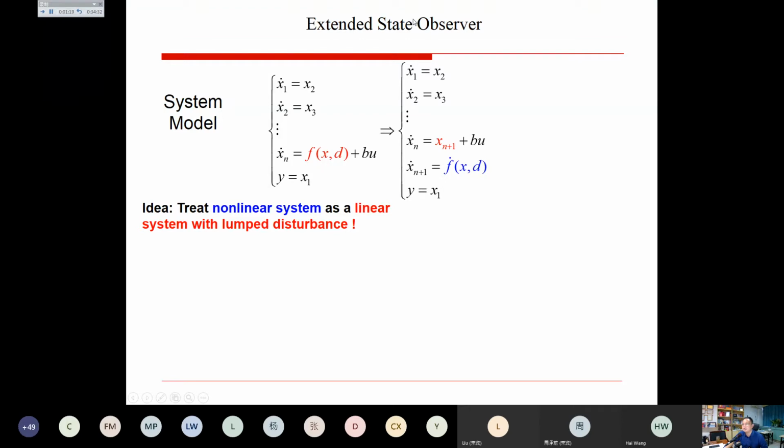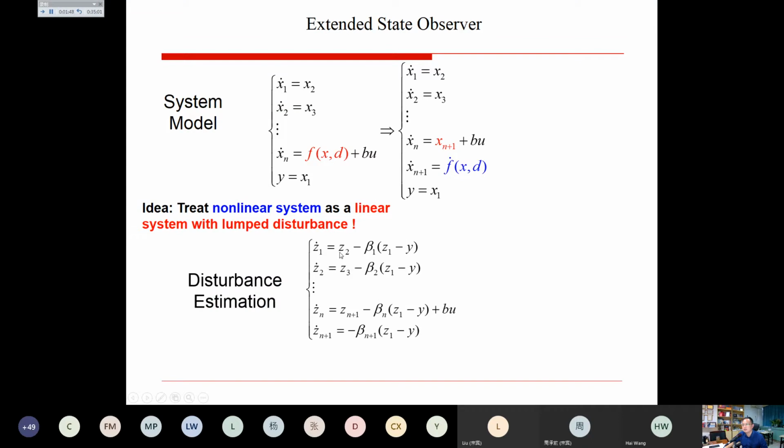According to the ESO, extended state observer theory, they treat this nonlinearity plus external disturbance as an extended state. Then the system becomes a linear system with lumped disturbance, right? So it transfers the pressure to suppress the nonlinearity from the feedback to the feed-forward side. So they use an extended linear state observer, like a Luenberger observer. You see, just use the output of the original system, the Y here. Right? It's a linear